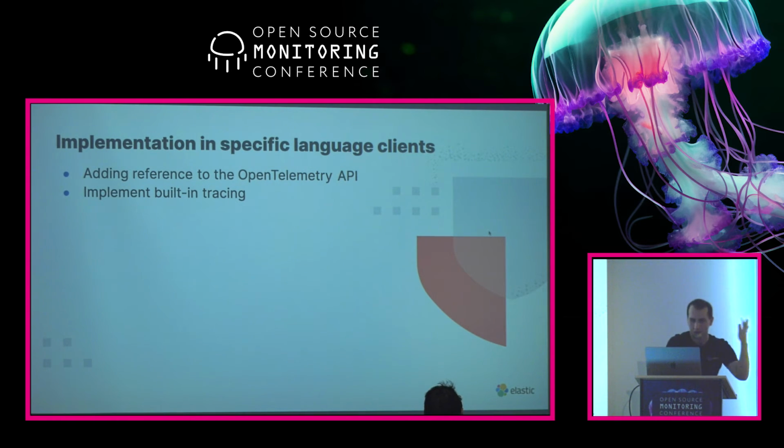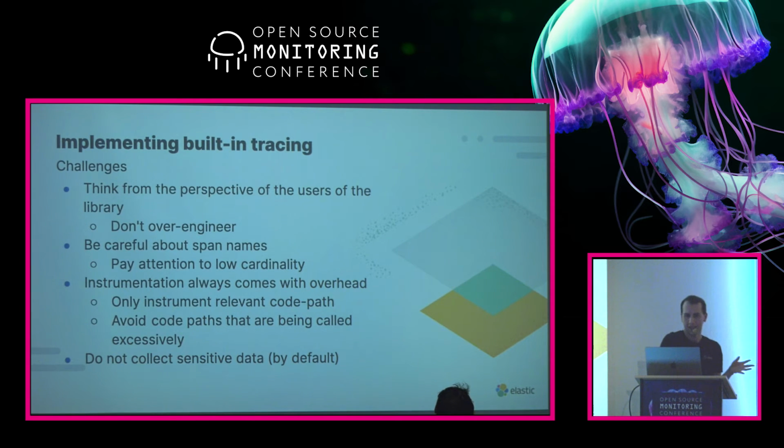languages, like in Java, .NET, Ruby, Node.js, whatever. So we just took a dependency on the OpenTelemetry API, and then our library was just created with the built-in instrumentations. Now, obviously, there are a whole bunch of challenges here, like first of all, we have